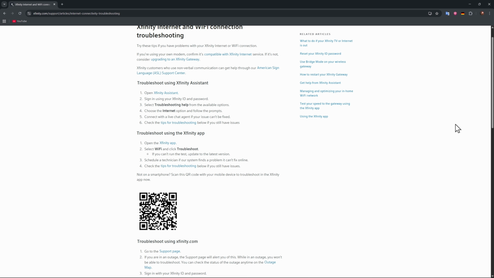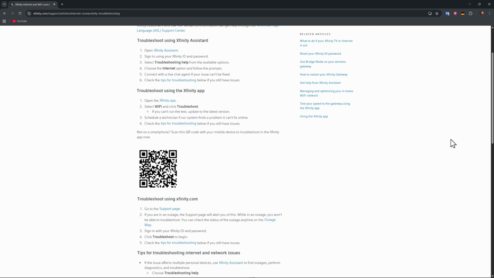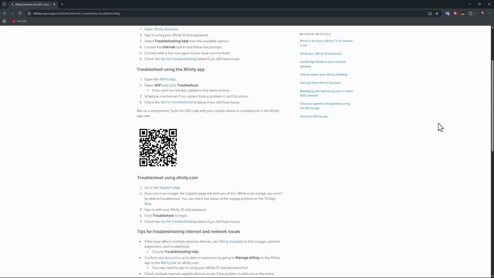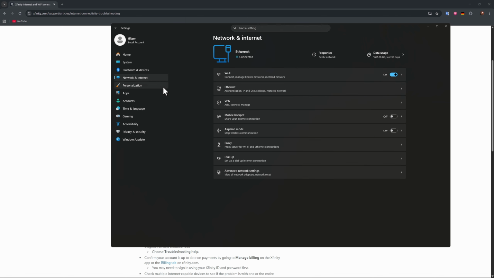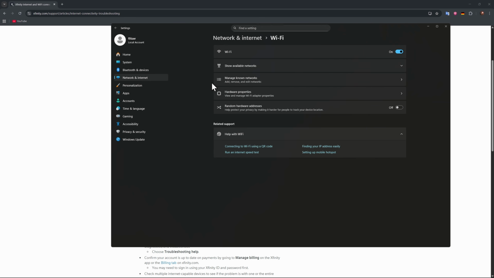Also check if other devices can connect to the Wi-Fi. If they can, the issue is likely with your PC. If no devices can connect, it may be a gateway or service problem and you'll need to contact Xfinity support for that. Also, some fix on PC is going into your settings, then network and internet, then Wi-Fi, then known